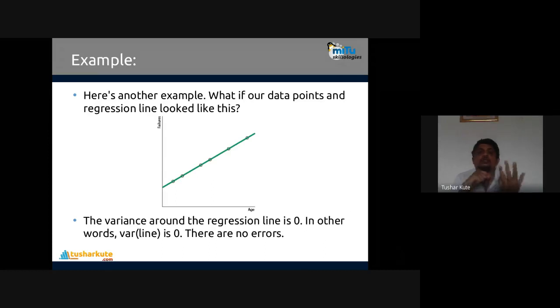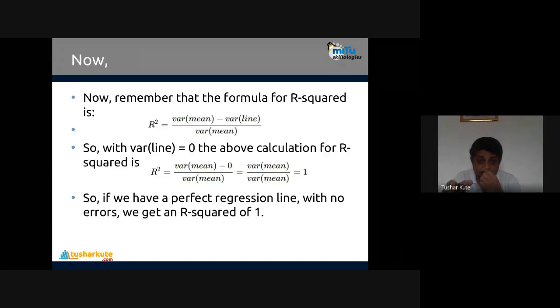In other words, the variance of the line is 0. So the second element will directly become 0. So mean line divided by mean line is 1.0. That will be present. 100% accuracy will be there. Variance of the line will be 0, so variance of mean divided by variance of mean is 1 by 1, perfectly 1. This is 100% accurate. Like that we can say.